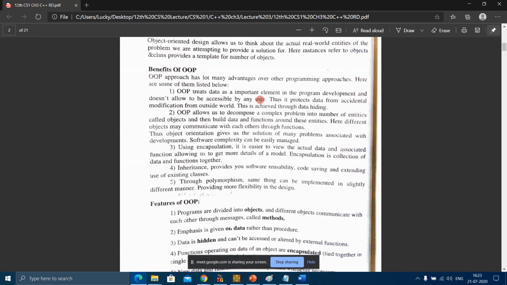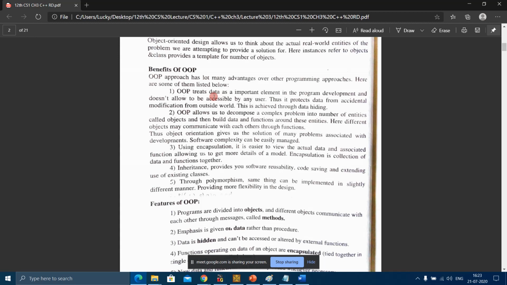Now this statement is clear to you. If I declare the data as private, then anything outside the class cannot access the data member of a class.